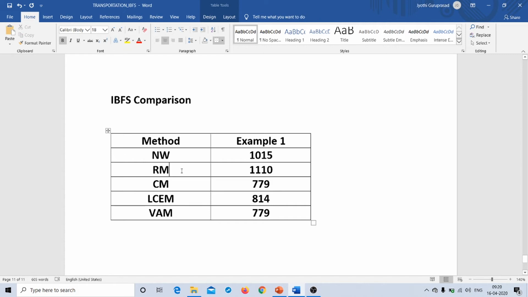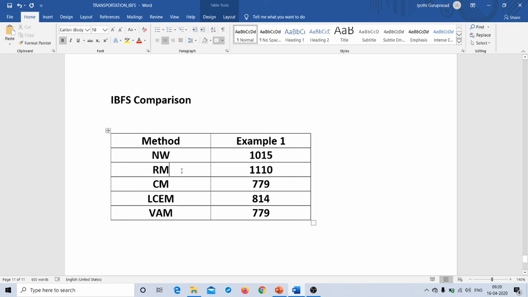So unless and otherwise it is stated in the problem statement, for example, the problem statement may come to you like this: find the solution for the following transportation problem by first obtaining the IBFS using Northwest method. Now, if you have a problem statement like that, it becomes mandatory for you to obtain the IBFS using Northwest method. On the other hand, if the problem statement is simply like this: obtain the optimal solution for the following transportation problem, then it is liberty given to you to use any method to